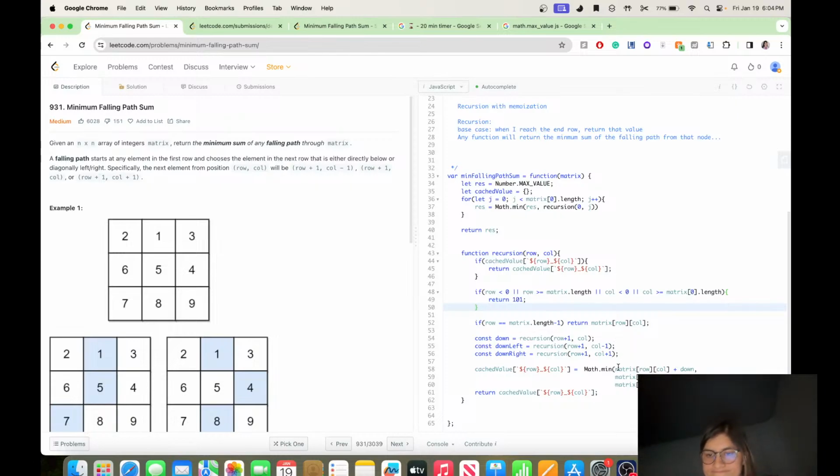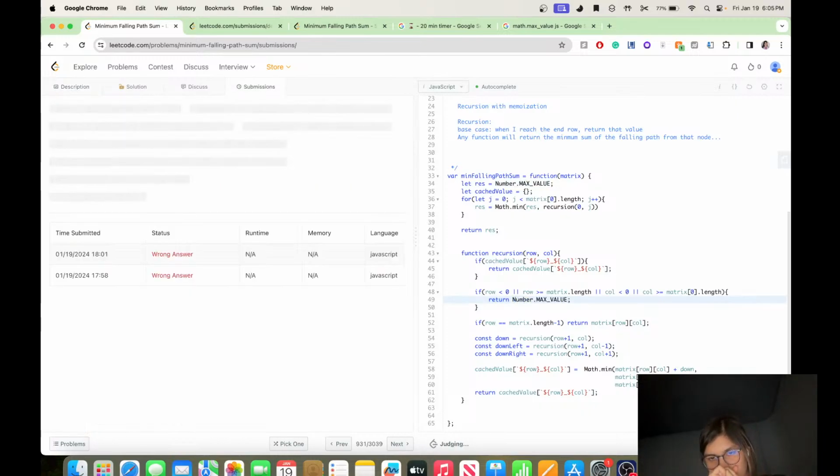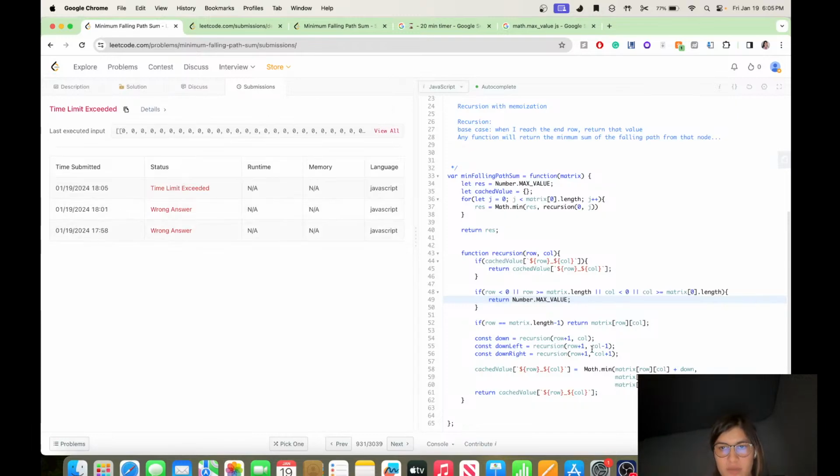Oh yeah, this is not good. Time limit exceeded. So this was the problem, and what I can do here is,